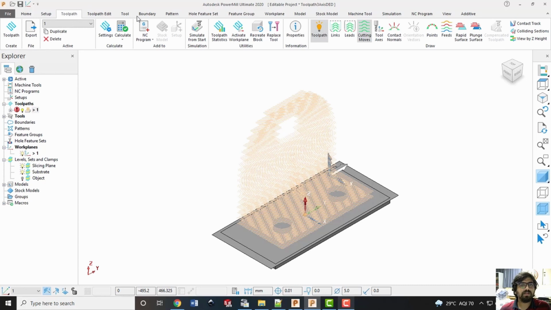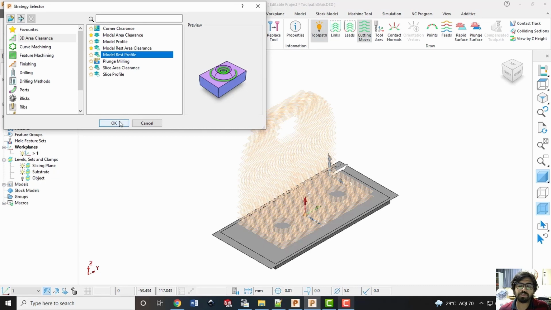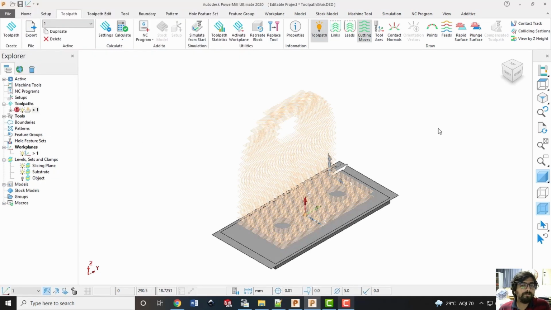You can go to toolpath and create the appropriate toolpath for the machining strategy, like 3D area clearance, model area clearance, and all these strategies correspond to removing the material. So the major benefit of using such a CAD CAM package is that you can utilize it for creating the toolpath for additive manufacturing as well as subtractive manufacturing. And that is how nowadays all the additive manufacturing systems are going towards something called hybrid manufacturing, and this is the best example of CAPP for hybrid manufacturing.